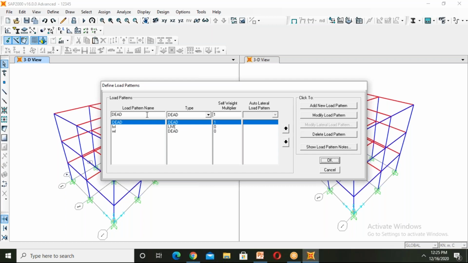Other than that, the lateral loads. If we give lateral loads like wind load, we have to take this as wind and self multiplier should be 0. Here, auto lateral load pattern. Here we should assign wind load. Wind means IS 875. So we should take that here.